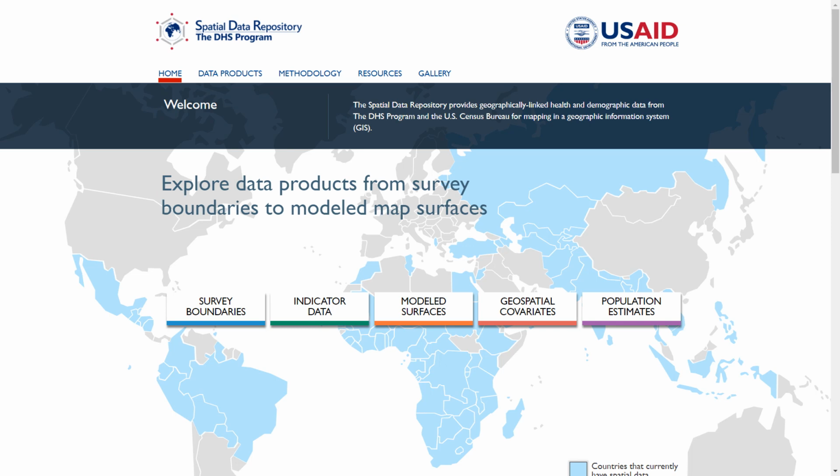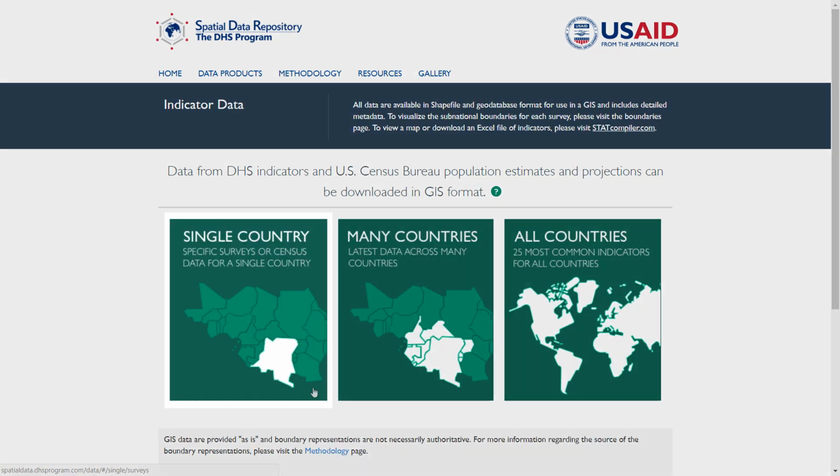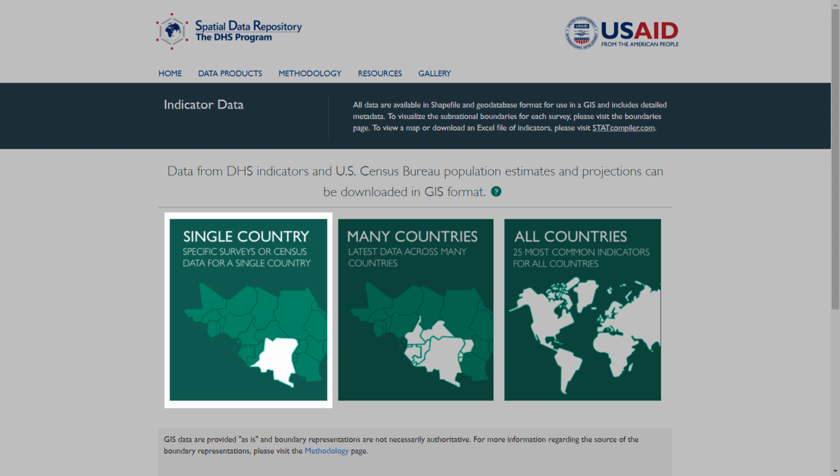The Spatial Data Repository provides geographically linked health and demographic data from the Demographic and Health Surveys program, also called the DHS program. You have three options when downloading data. The single country option will allow you to choose specific surveys from one country. This option will also allow you to download U.S. Census Bureau subnational population estimates and projections, and detailed HIV packages, containing survey-specific indicators that aren't available in the standard